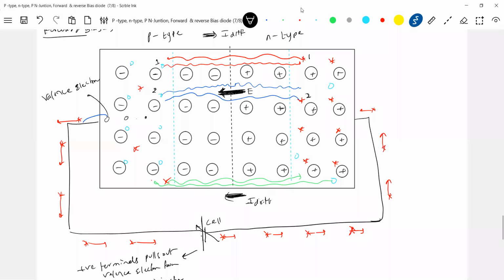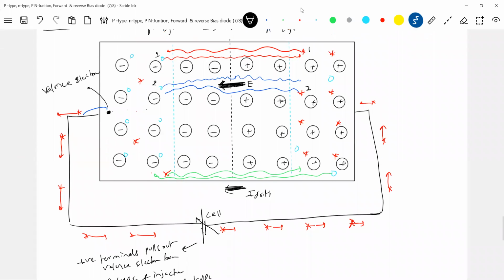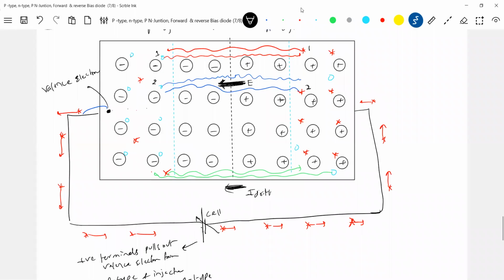So altogether, oh, okay, sorry, it is like this. Now this valence electron will come here. When the hole moves like this, how is it able to push this particular electron? Okay, I think we'll stop it here. And now this most energetic hole, how will it move? That we have to put in.